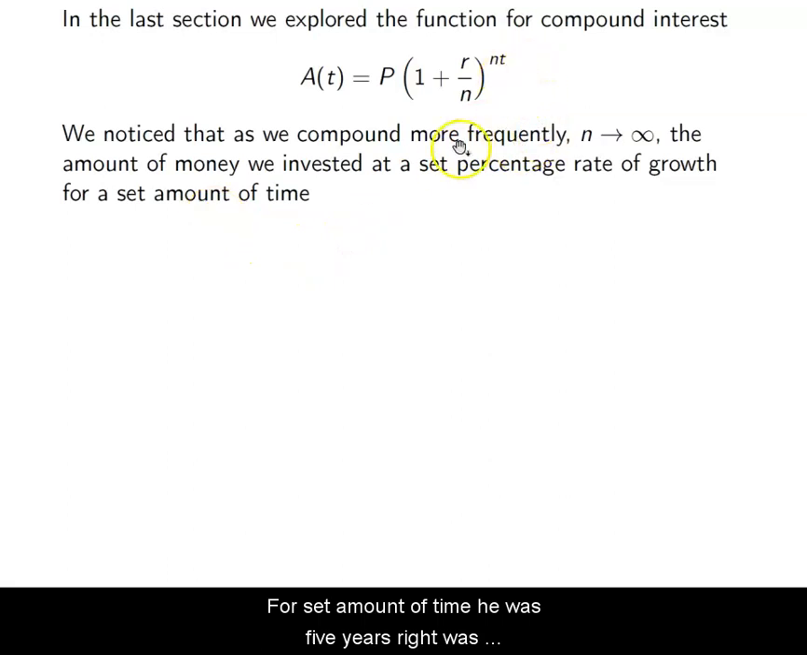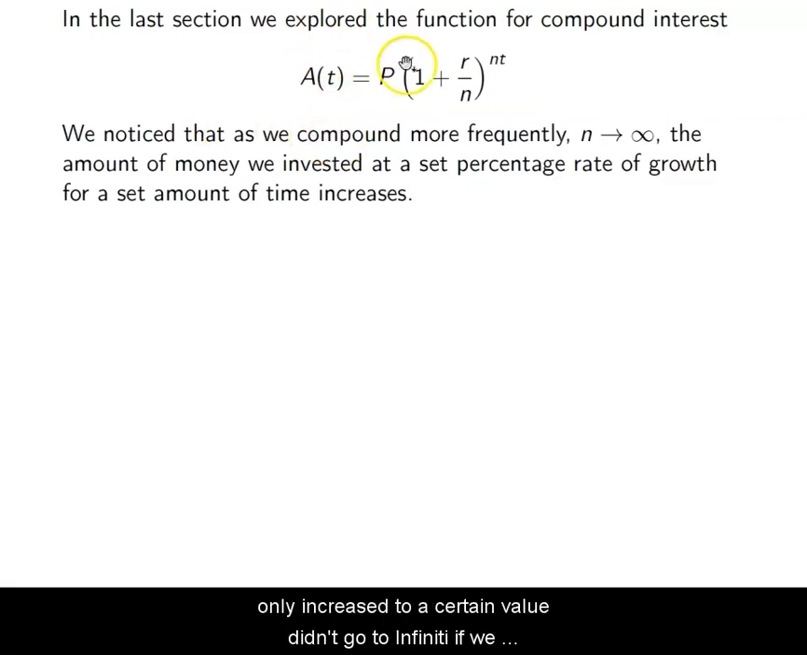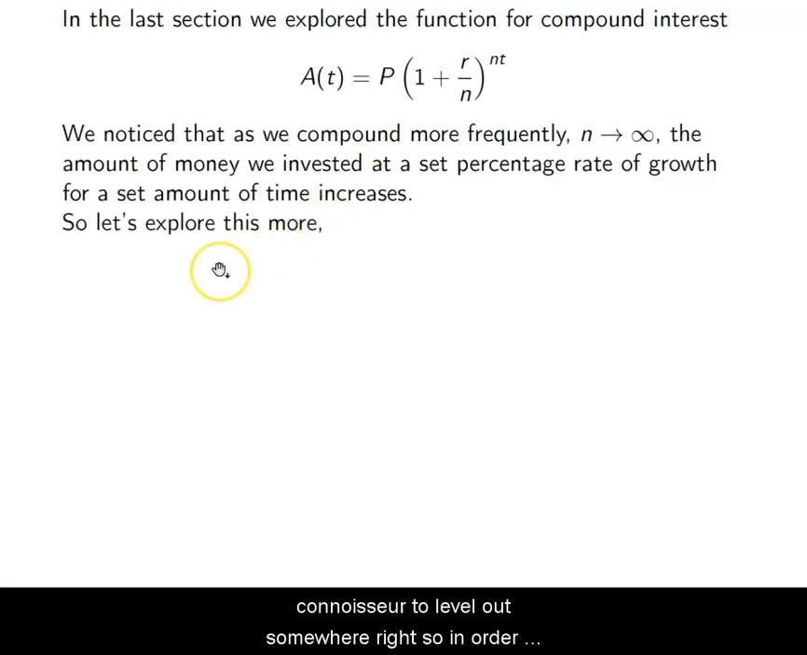for a set amount of time, which was 5 years, was increasing. So if n was increasing, then the amount that we were getting back was increasing as well, but it only increased to a certain value. It didn't go to infinity if we kept the time set at a value and the investment rate set at a value. Our investment didn't grow to infinity, it started to level out somewhere. So in order to explore this more, since P, R, and T were all set at a fixed rate, 0.5%, 5 years, $2,500,